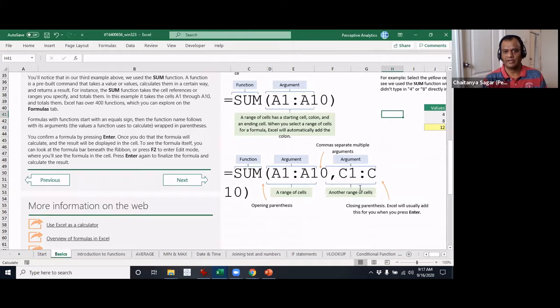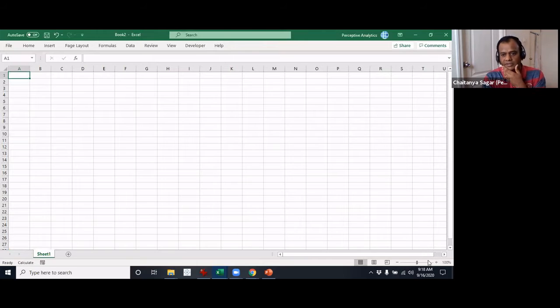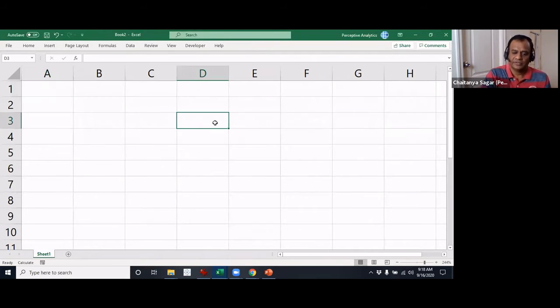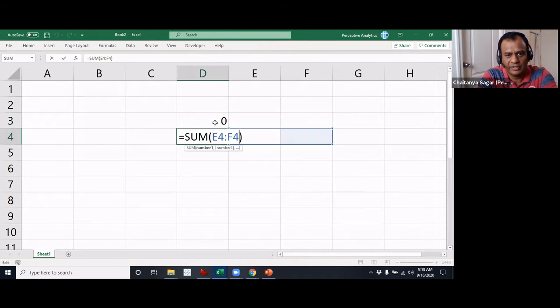So this is the anatomy of a formula. A formula typically contains the following things. It must start with an equal to sign. You could also have other operators. So for example, let me just take this, something like this. You can have equals, let's say these two, and then hit enter. But you could also use a plus symbol instead of an equal to. It will have the same result.